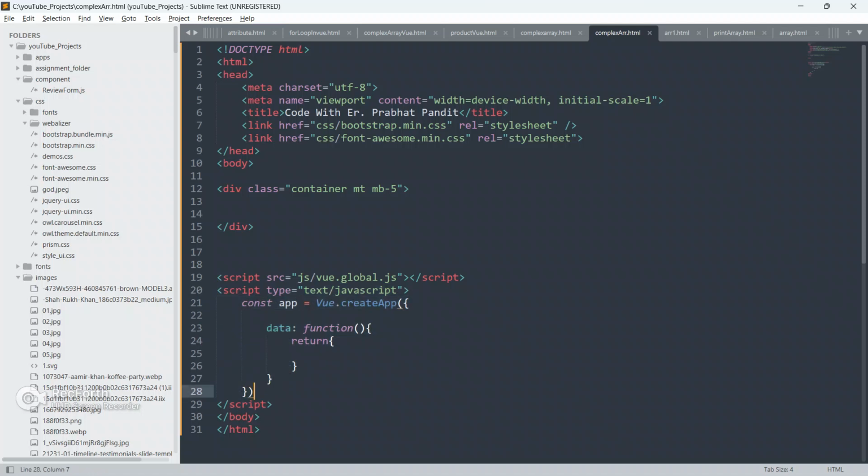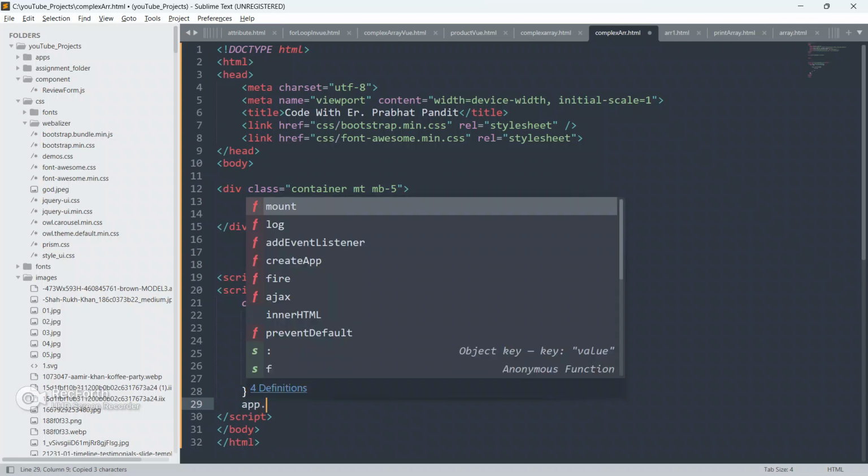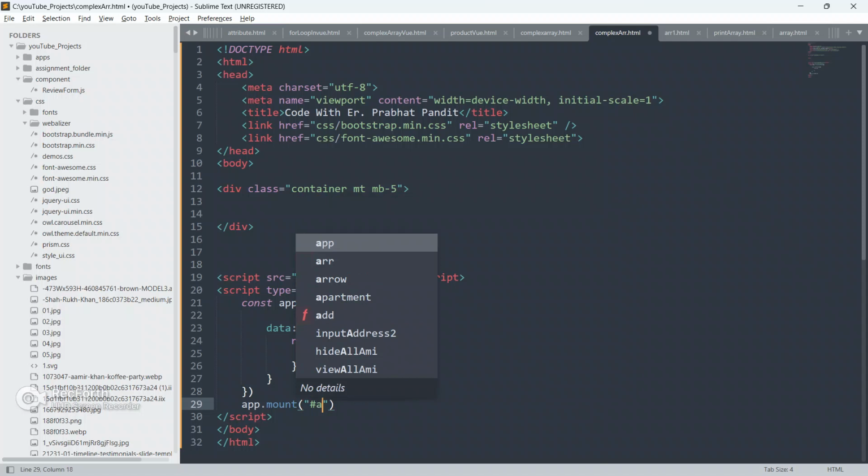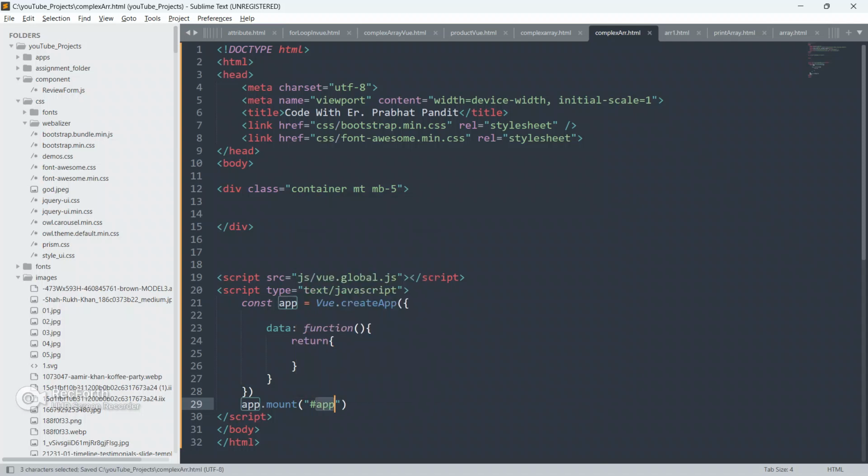Okay, so now what we will do, we will do app.mount, and we will give id as app only. Okay, and now we will copy this id app and we will paste it here and give id as app only.